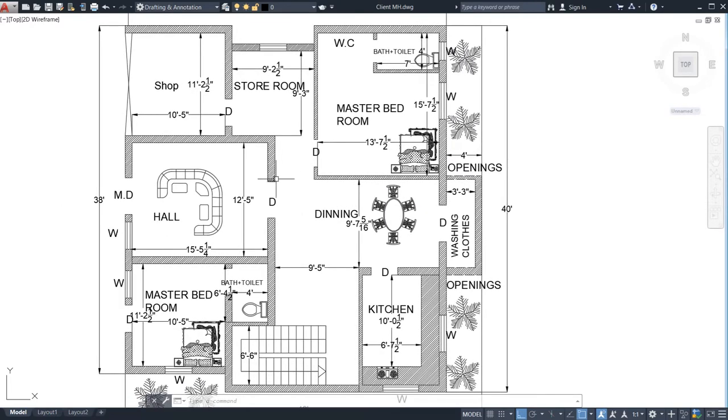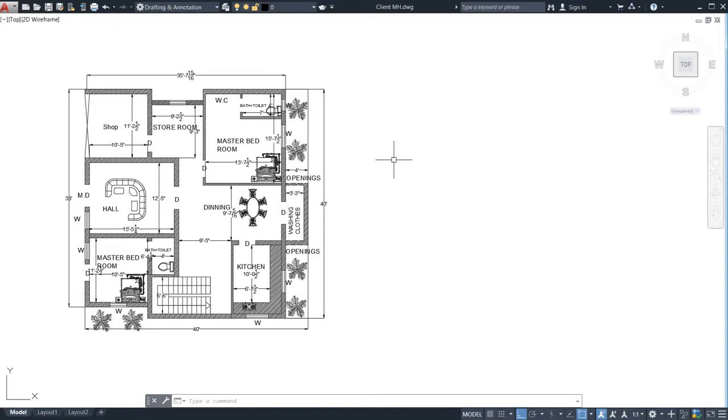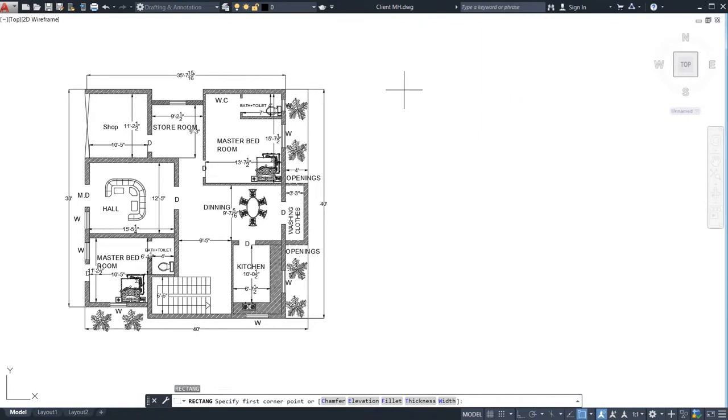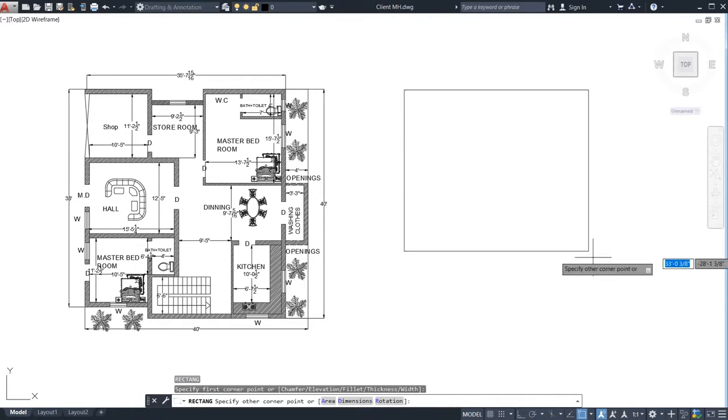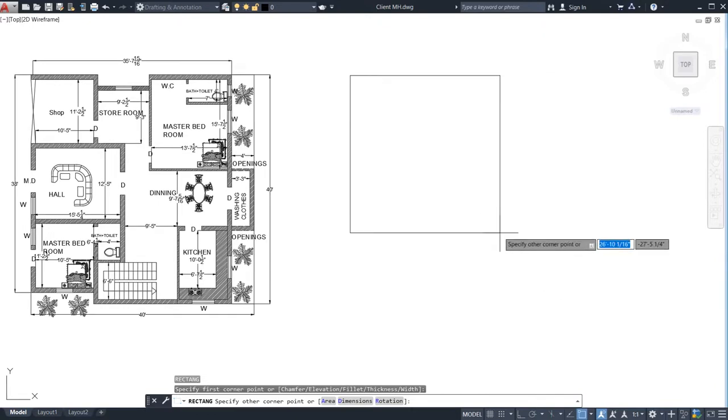So the same type of building plan I'm going to draw here. First of all, watch this video completely. Go to your keyboard and write REC, the rectangle command. Enter it. Now once you drag it, you can see I can draw a rectangle, right? How much rectangle I need to take?